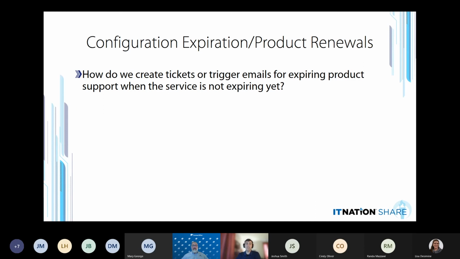A question that came in is configuration expiration and product renewals. How do we create tickets or trigger emails for expiring product support when the service is not expiring yet? There is a short answer and a long answer to this one. The long answer I don't have time for, but I do want to call out